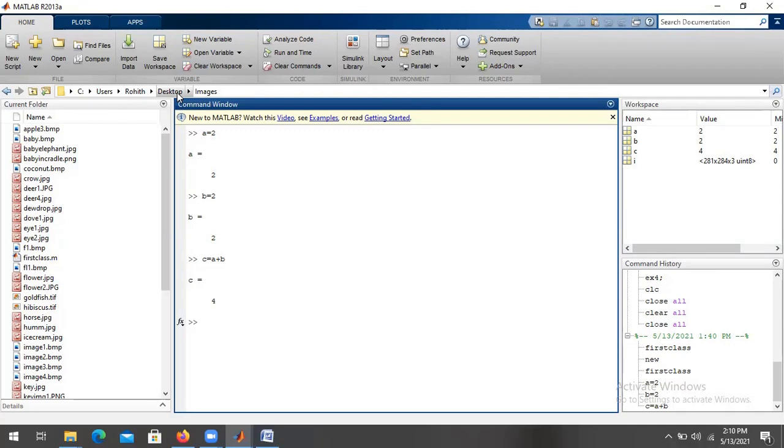It's not that you can design only one particular kind of coding here.